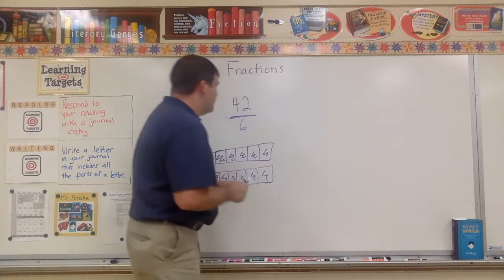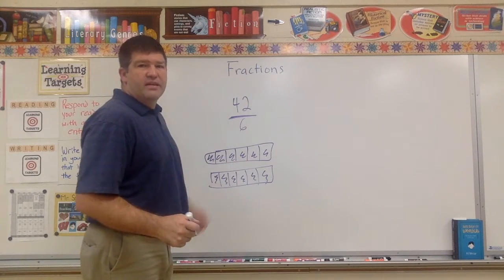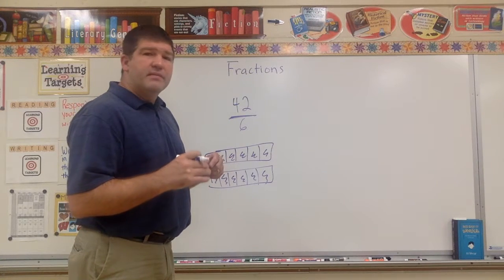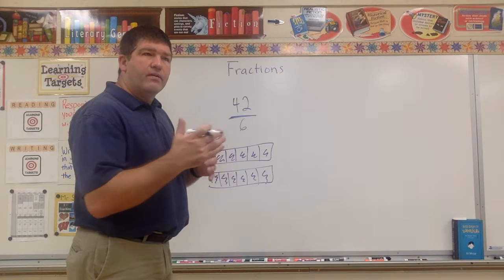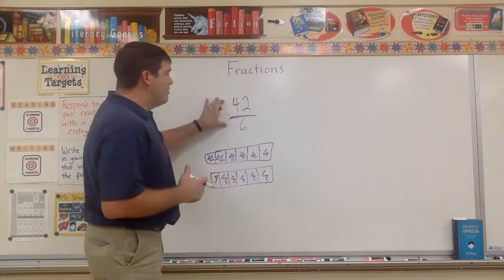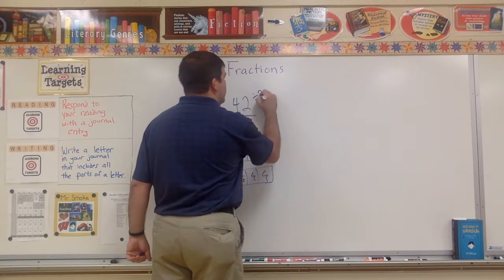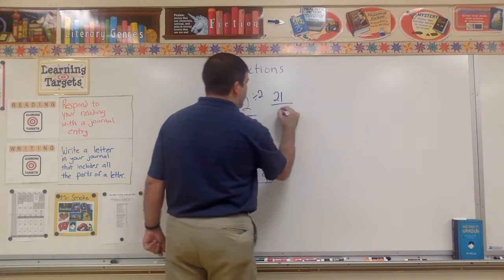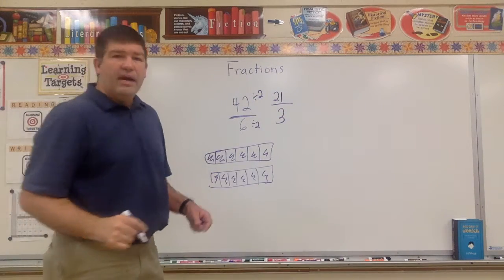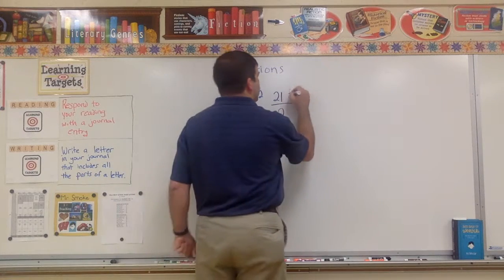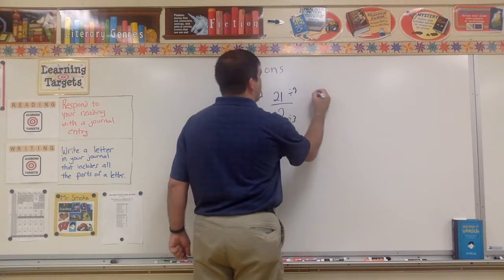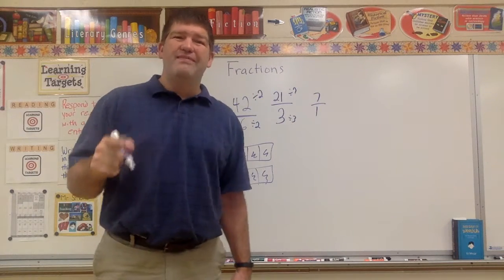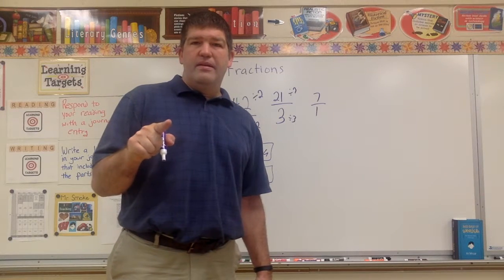The other thing we could do is I can simplify this. Is there a number that goes into each of these? Now, I know 6 goes into each of them, but sometimes I go a little bit at a time. I know they're both even, so I can cut them in half. Divided by 2, divided by 2. 42 divided by 2 is 21. 6 divided by 2 is 3. Now, I see that 3 goes into each of these. Divided by 3, divided by 3. That equals 7 over 1. 7 over 1. 7 divided by 1 is